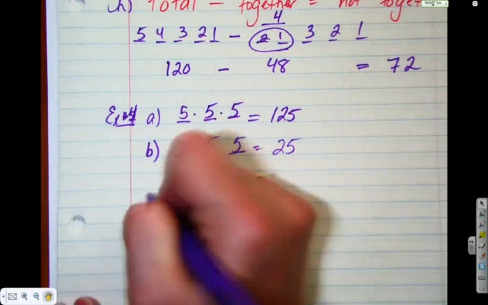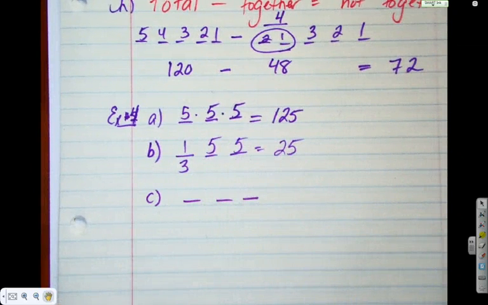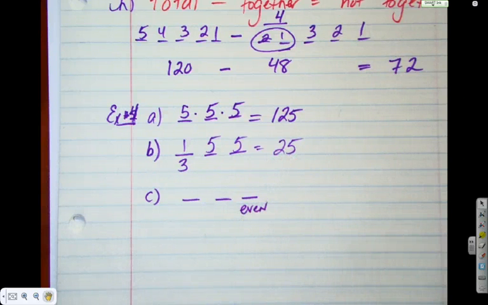How many are even? So what determines if a number is even? How can you look at a number and know if it's even? It's the last digit, so this one is the one that matters. And for this situation, between 1, 2, 3, 4, and 5, what are our choices to make this even? 2 and 4.